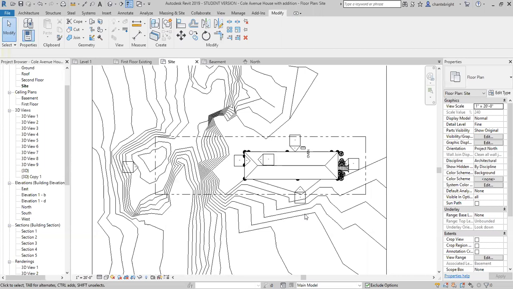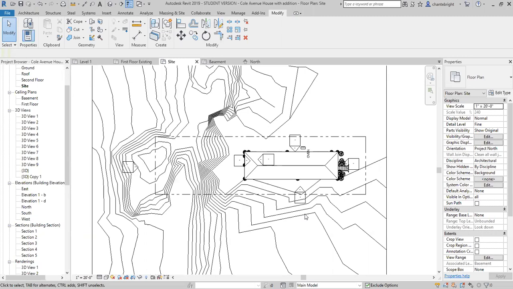And there's a few ways that you could do this. One of the ways is you could just take the roof and do an element hide and hide it in this view, and then draw a filled region on top of that, which gives you an idea of what the footprint is. Or another way is you could actually just change the view range. And this works with a lot of different things, and this also affects how you see many different things in different plans. So essentially what you want to do here is, I'm actually in a site plan right now,